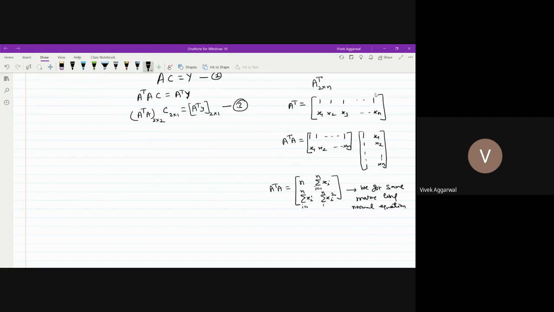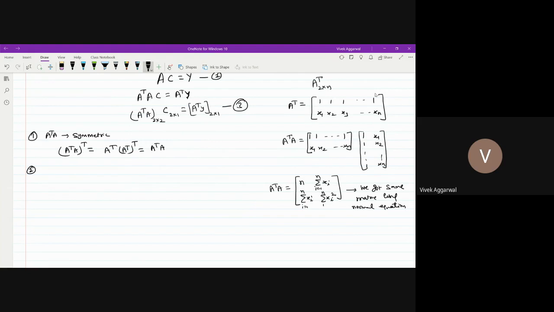So the first thing about this matrix A transpose A, I know that the first condition, or property you can say, is that it is a symmetric matrix. That we have already seen from here also, and we can also check that if I take the transpose of this matrix, then by the definition of the transpose, it becomes A transpose A. So it is a symmetric matrix. The second thing, let's see what is the rank of this matrix.